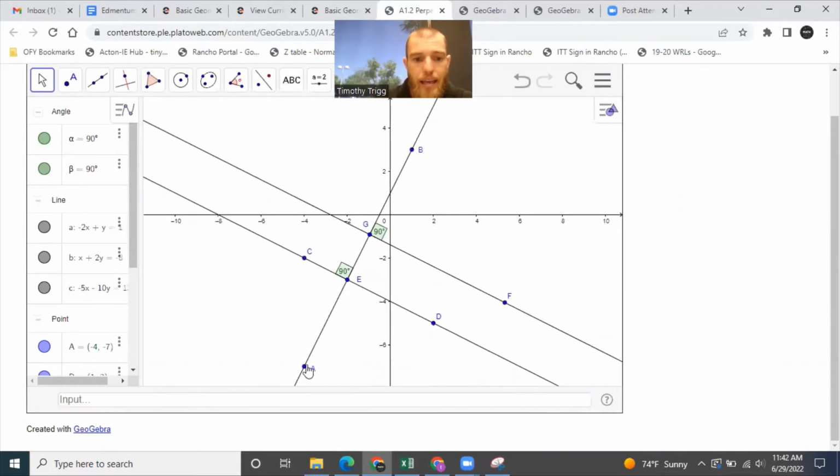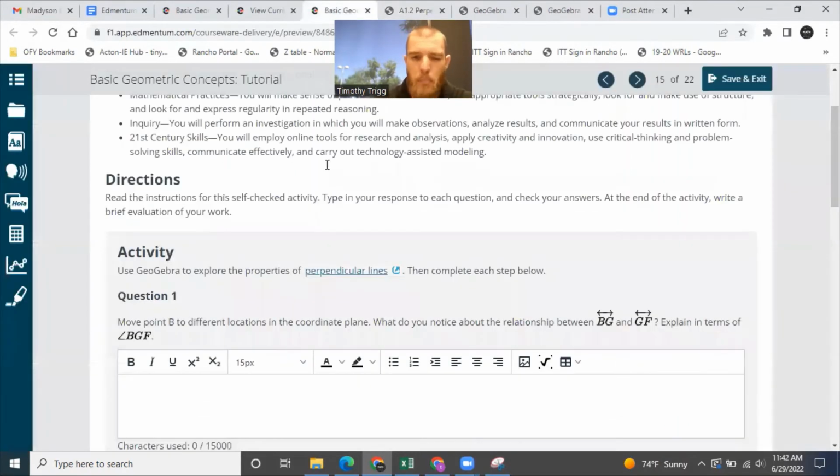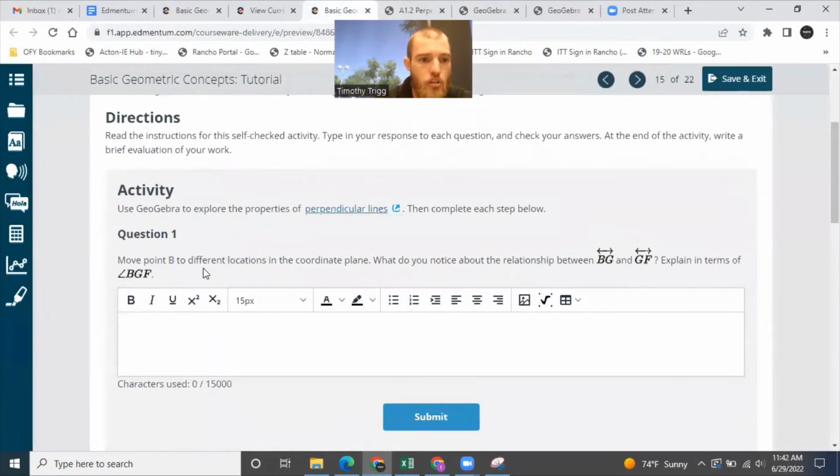Notice that line AB is perpendicular to line CD, and it's also perpendicular to line FG, because AB is crossing those lines at a 90-degree angle. And again, that means that they're perpendicular. That's what perpendicular means. So it says move point B to a different location on the coordinate plane. What do you notice about the relationship between BG and GF? Explain in terms of angle